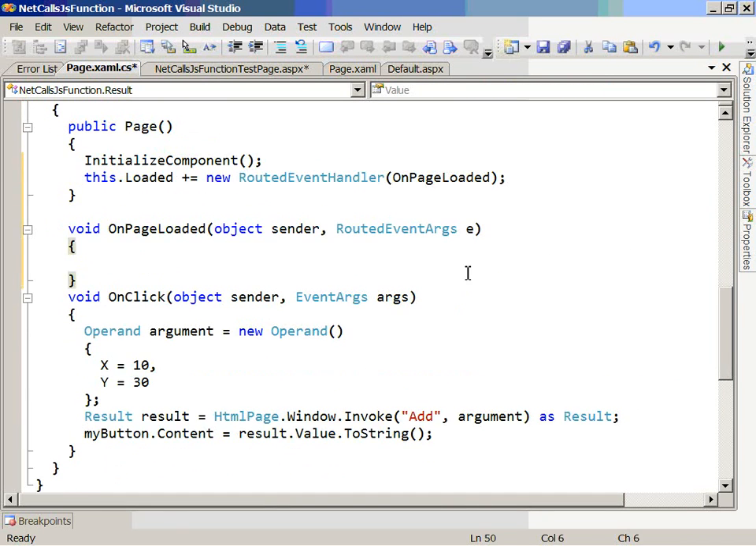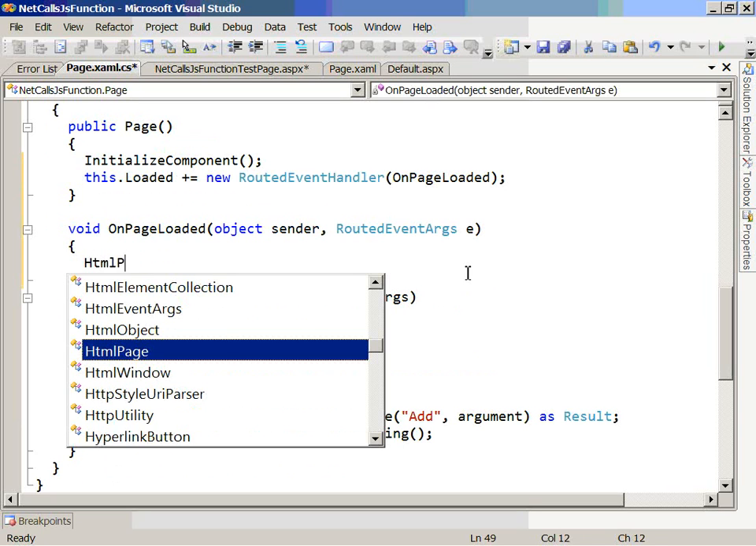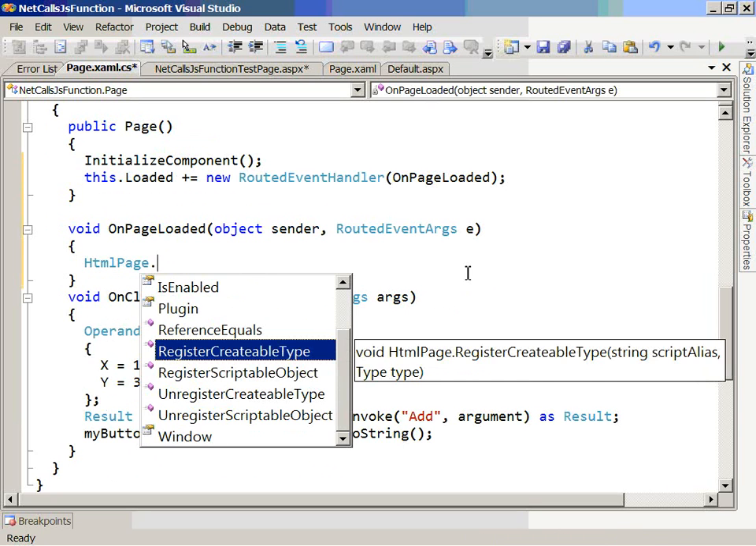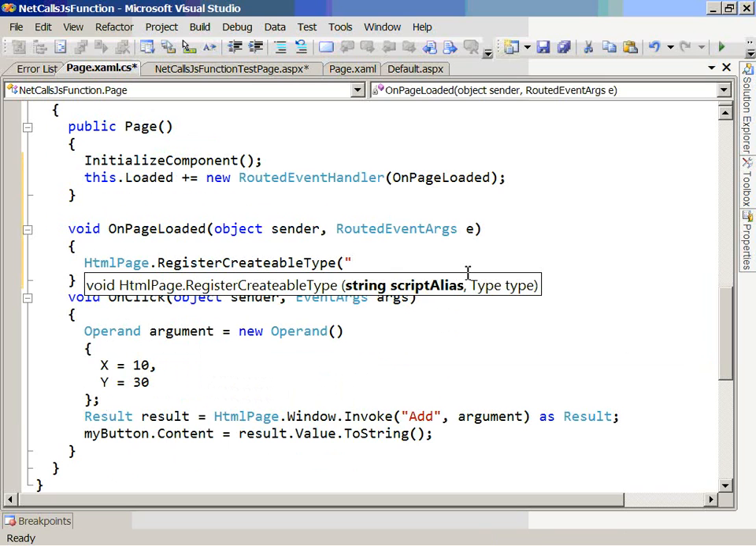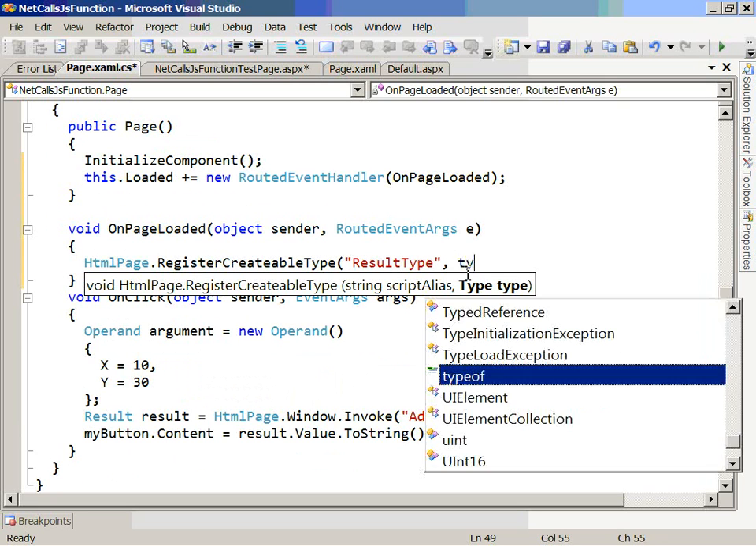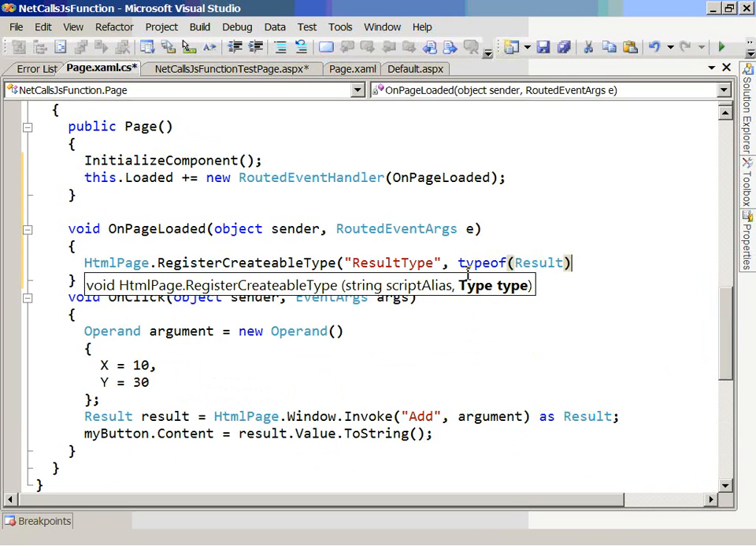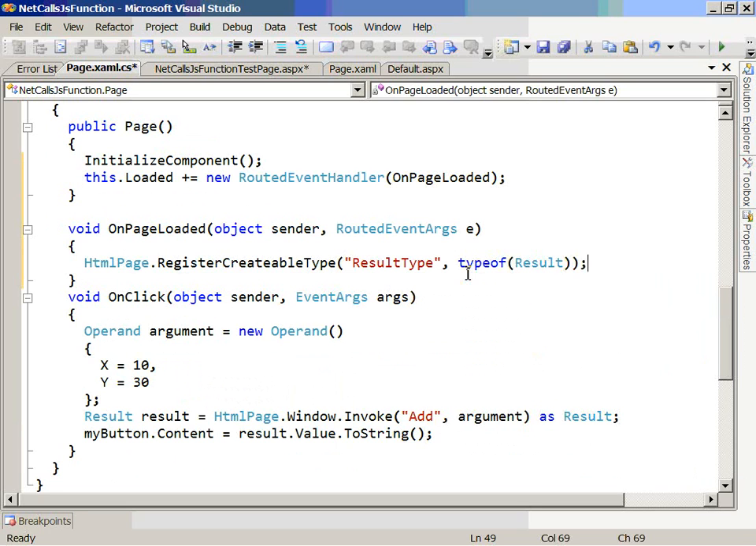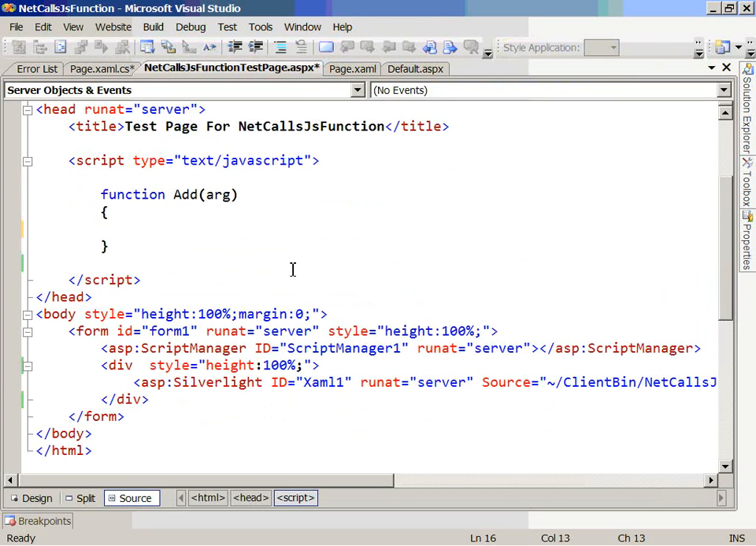So there's a method which does exactly that on HTML page. We can say register creatable type. We give it a name for the JavaScript, so we'll call it result type, and we give it the type that we're talking about, which in our case is result. Okay, so now having done this register creatable type, we can go back to our JavaScript and we can create